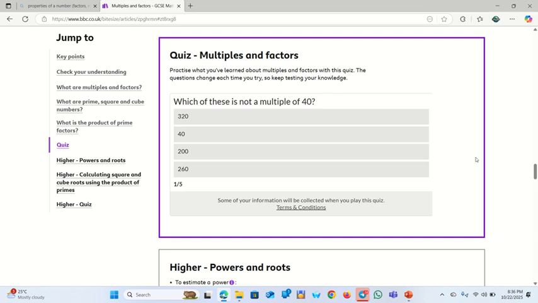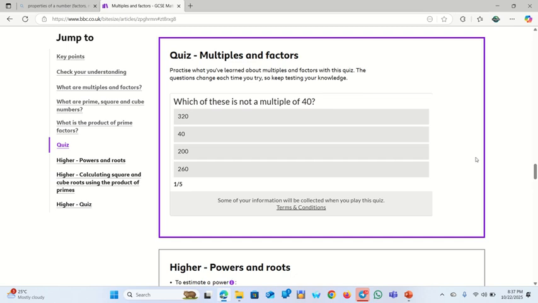So, there's a question on the screen for you to solve. Let's take a quiz on multiples. Practice what you have learned about multiples and factors, just a quiz. You try to keep testing your knowledge. Which of these